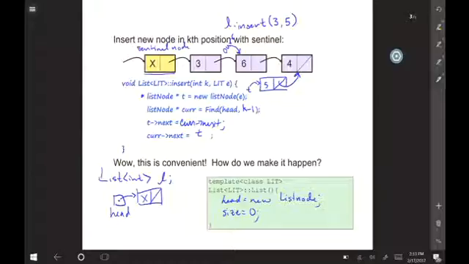Any questions about it? What's the running time of insert? It's still big O of n. We didn't really fix that. We just made our code less complex.